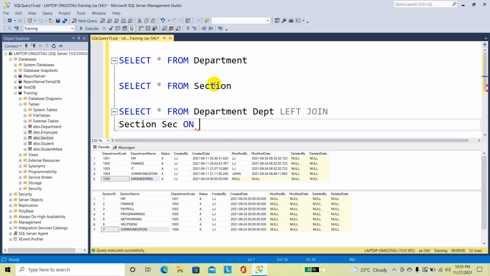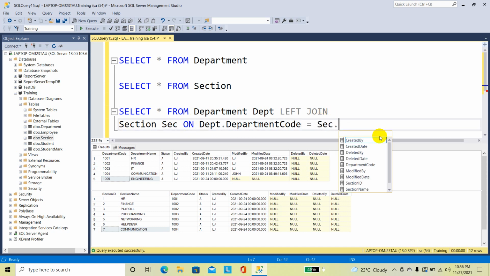Then here the department table and the section table are linked with the field department code. So here I am going to give dpt dot department code is equal to section dot department code.